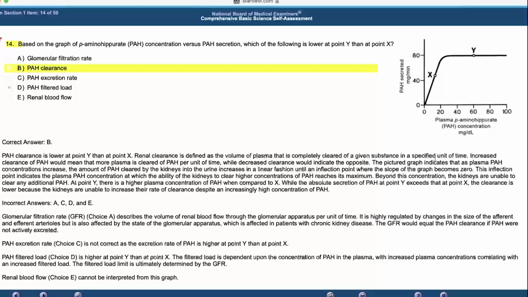Indicates that the plasma concentration is higher, which is beyond the maximum concentration, so it's unable to clear any additional. Why is there the clearance of the